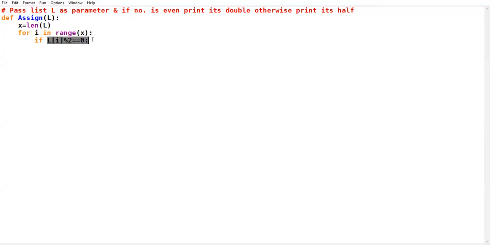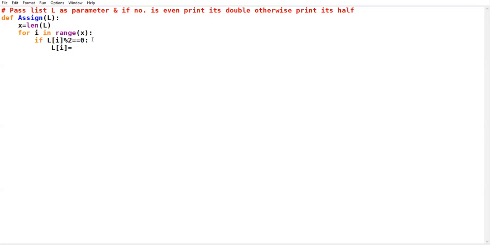When I divide my element by 2 and the remainder comes 0, my element is even. If this condition is true, then